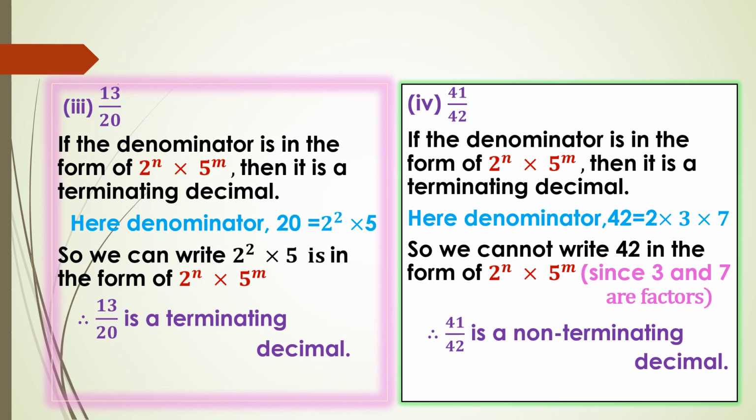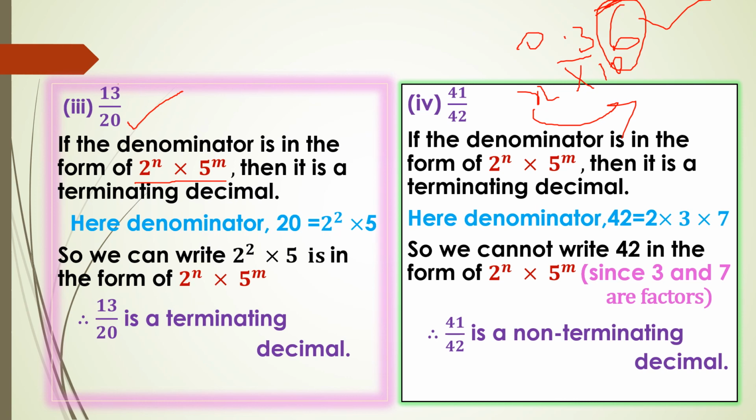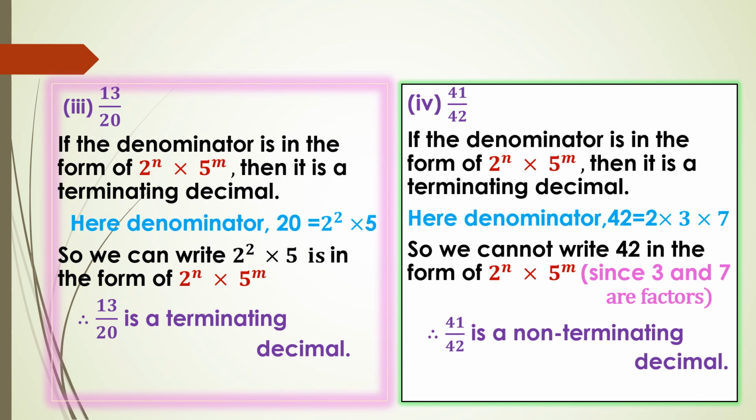When you are having a bar, you should check how many digits are under the bar. For only one digit, you should multiply by 10. Take the number as x, multiply with 10 on both sides, subtract x from 10x or 100x, whatever it is, and convert it into p by q form. And there is one more method. Without division, how will you confirm it is terminating? Take the denominator, and if it is in the form of 2 power n into 5 power m, then it is a terminating decimal. So these are the new methods. Don't confuse, follow these procedures whatever I told, it will be very easy. Understood?